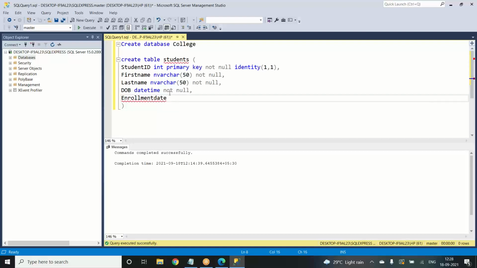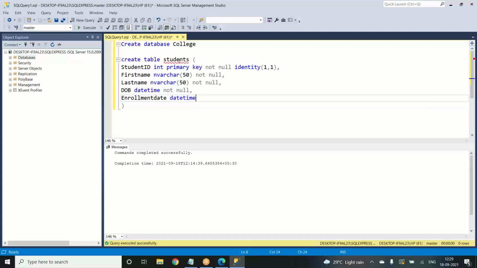And here we're also putting the date time option because it is entered in a date format. And we are not attaching a not null option, because when someone wants to visit a college, it is not that everybody who visits will be enrolling, right? Someone may just want to see the college, whether they can get into it or not. So they fill in their details, but they may enroll and they may not enroll. So we can just keep it as a null option. We can avail the null options here.